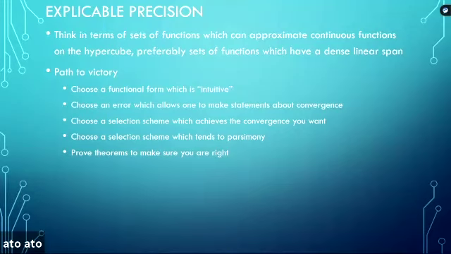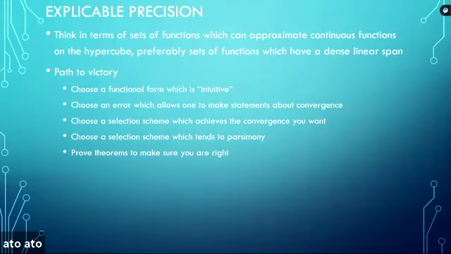Other textbooks I've read that I loaned out and have not been returned to me yet. But I have another textbook that says, what if your response is nonlinear in your predictor variable? And it says, I don't know, try a square root. How about a log? It's like, no, wrong. No, what you need to do is you need to posit sets of functions which can approximate continuous functions on the hypercube. You need to show that they can.